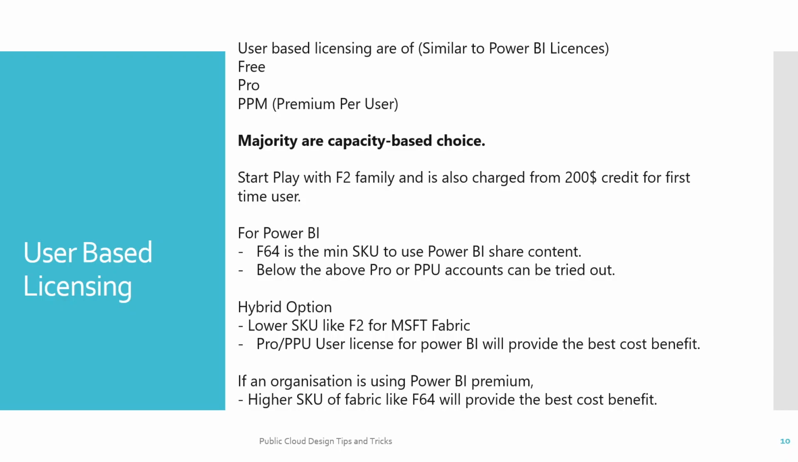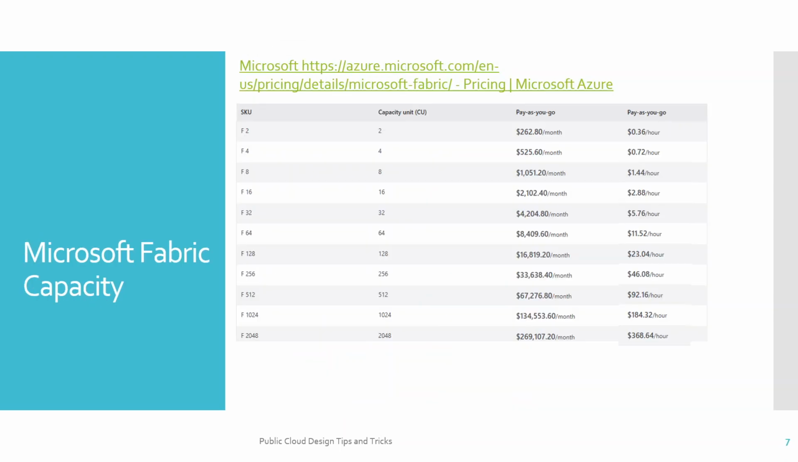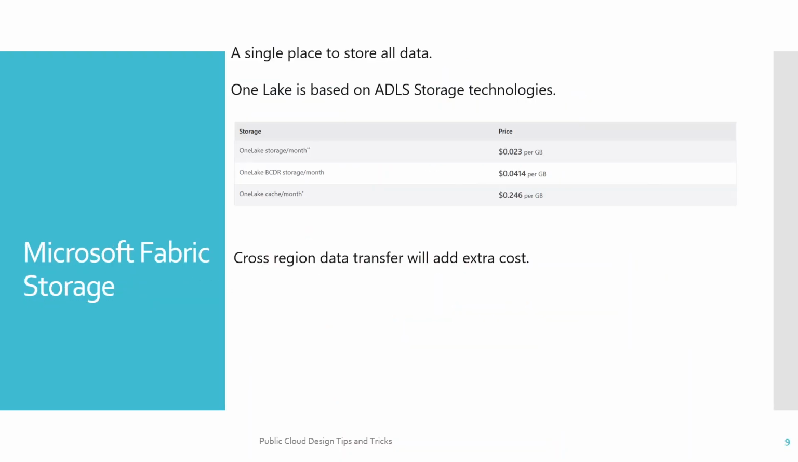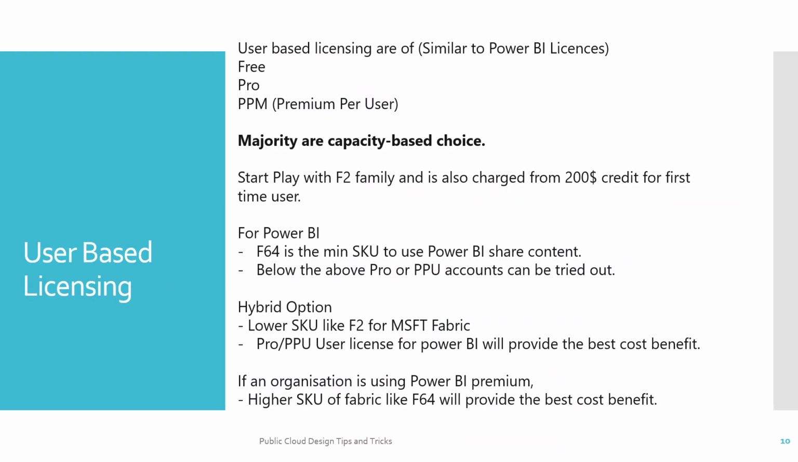So Fabric also supports other types, but in most cases it is always a capacity-based choice, the licensing model. Okay, so here we discussed the F SKU series, how it looks. If you start playing with that, you can start with the smallest one, F2. If you start experimenting on that, I don't exactly remember, but probably for the first 3 hours or so, it costs $1, and then subsequently,